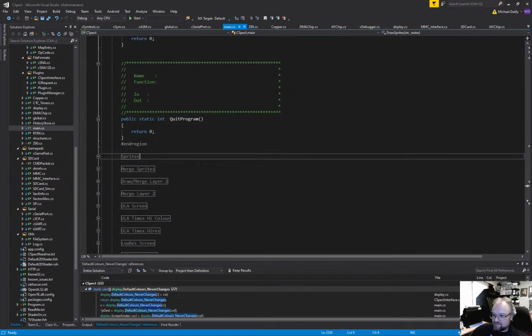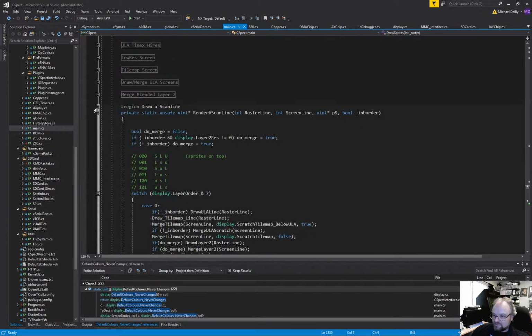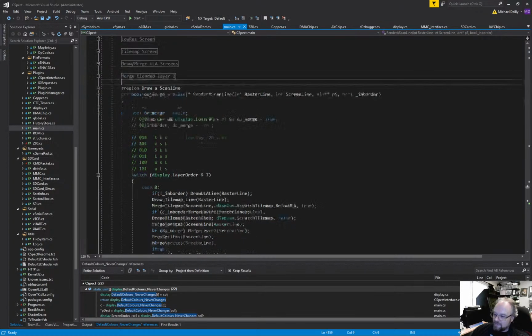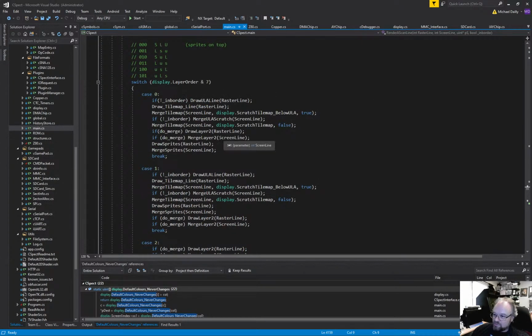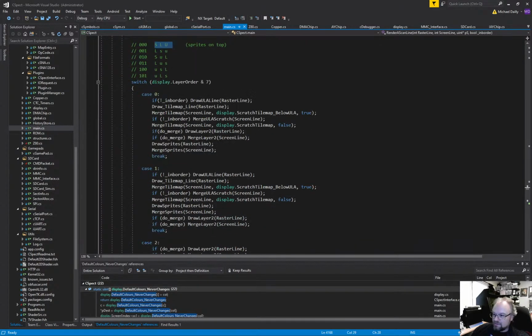So that's sprite. So we're going to draw a scan line. We did that. So that's what all the individual parts do, and then based on the layering, it'll kind of do that, and then we'll merge later on. The merge stuff made it a lot slower because I used to draw straight to the screen,